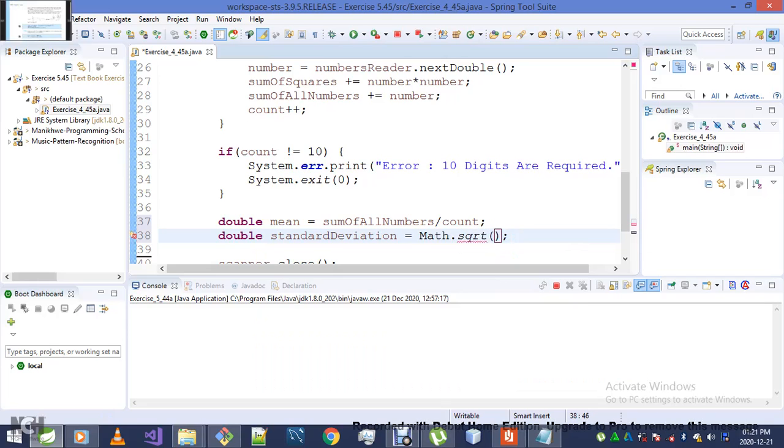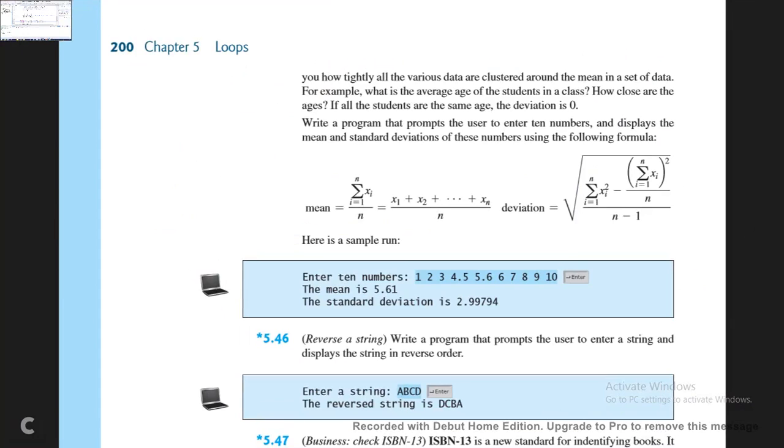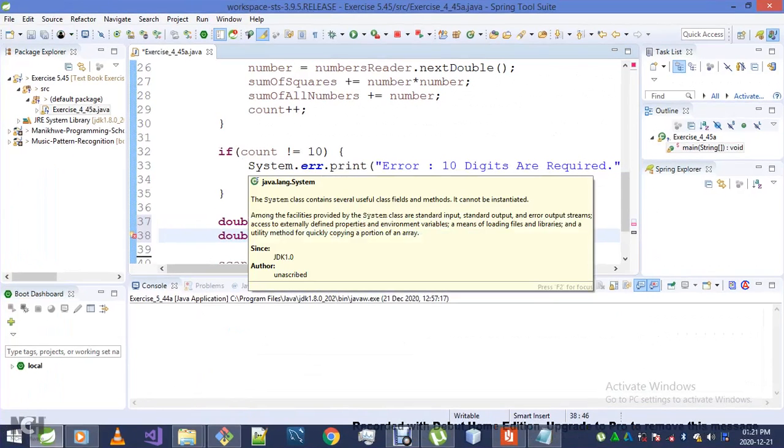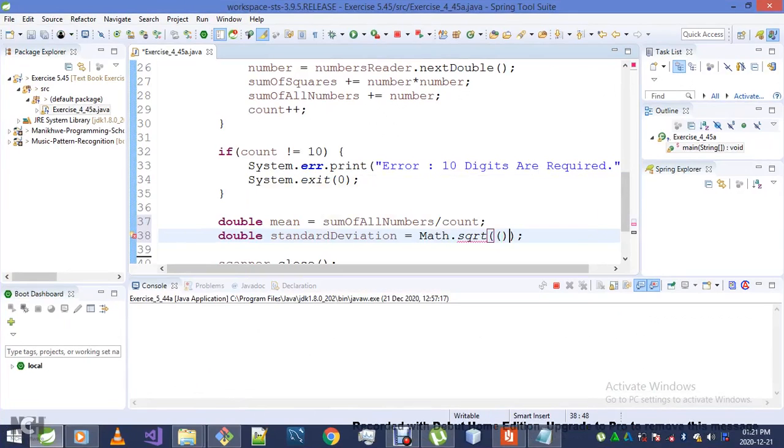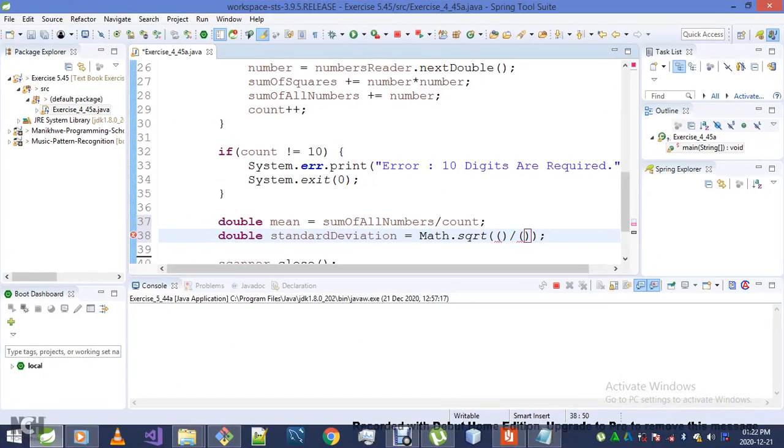It is the square root, as you guys can see, of a numerator over a denominator. Let's start with the denominator. We have n minus 1, so there is count minus 1. And up there on our numerator we've got sum of squares minus